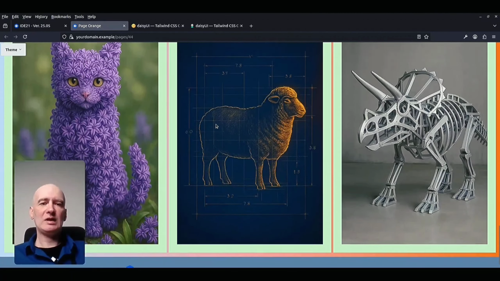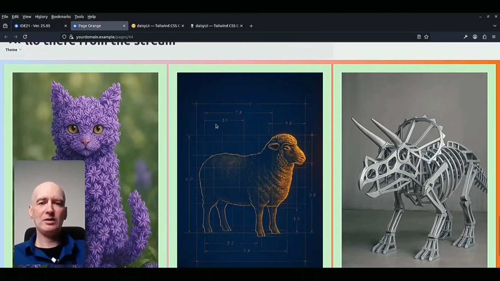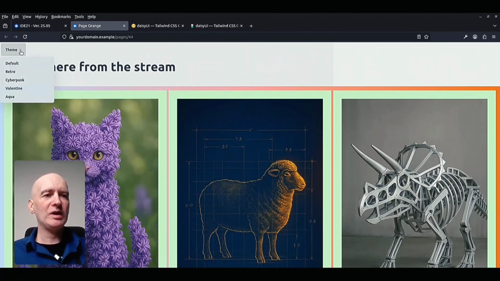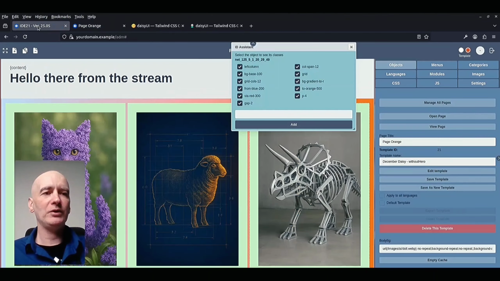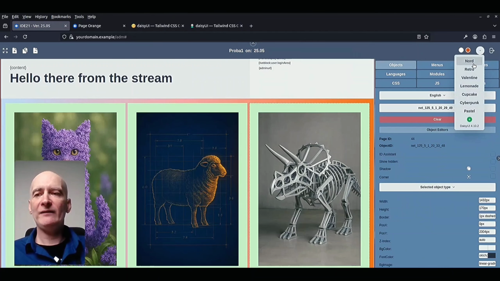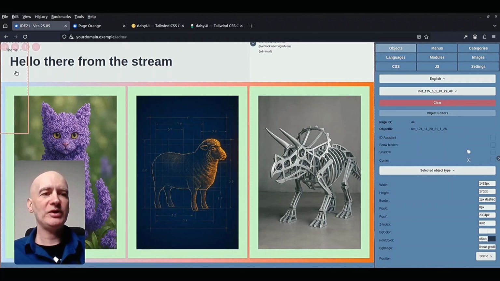Okay, now you see that we have added this content here. This theme controller that you can see in the top left corner is hard-coded, but we have a template variable which is available for you to be able to see immediately whatever you have in the drop down here. So I will edit this object.